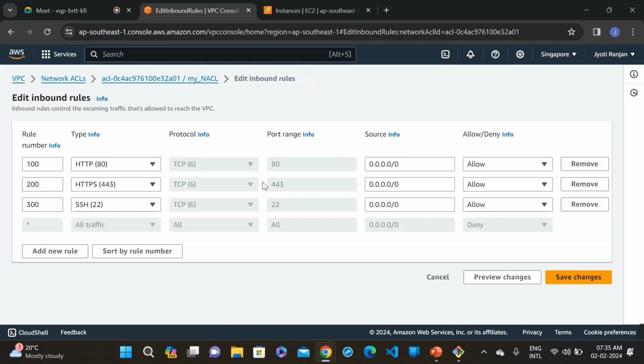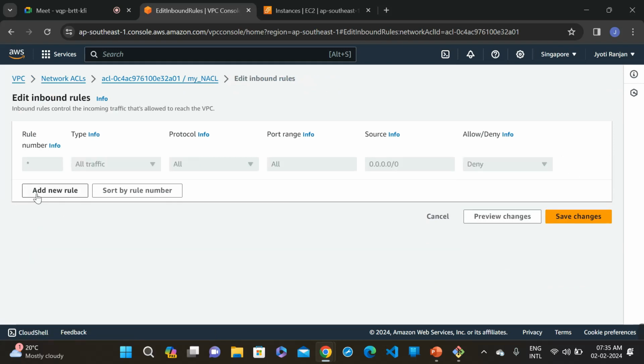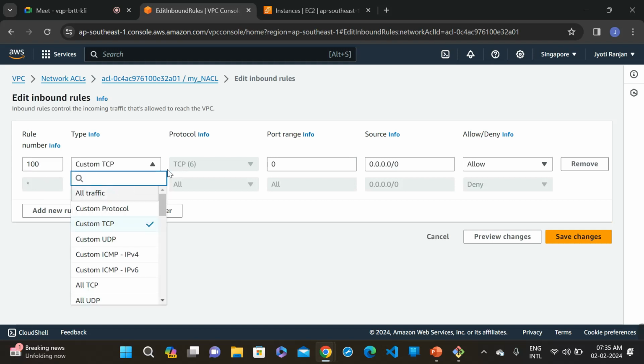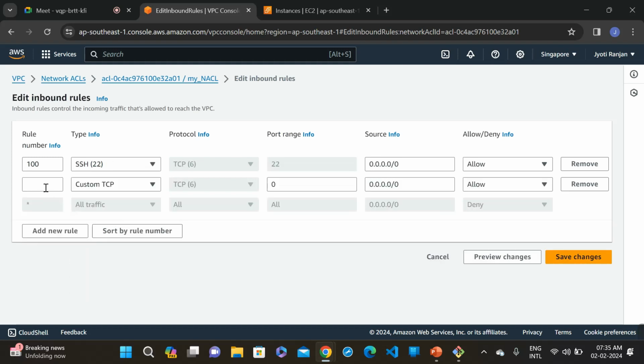Okay. And do one thing here. Just remove this, add 100, right, and SSH. Okay, then add a rule like 200,